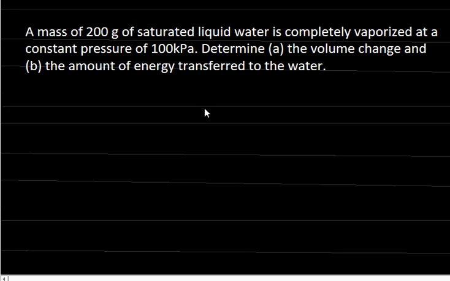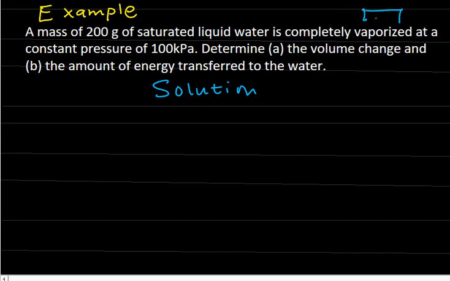All right. Let's get another question. So this is another example. Here we go. A mass of 200 grams of saturated liquid water is completely vaporized. So this is completely vaporized. Okay, take note of this. It is completely vaporized. That means from the graph now,